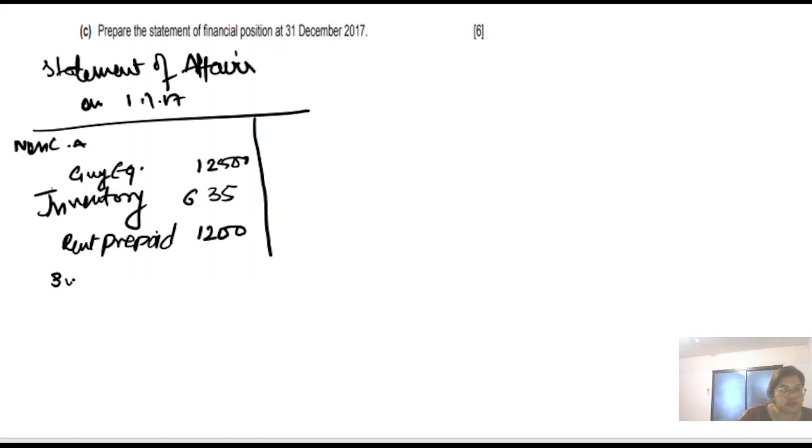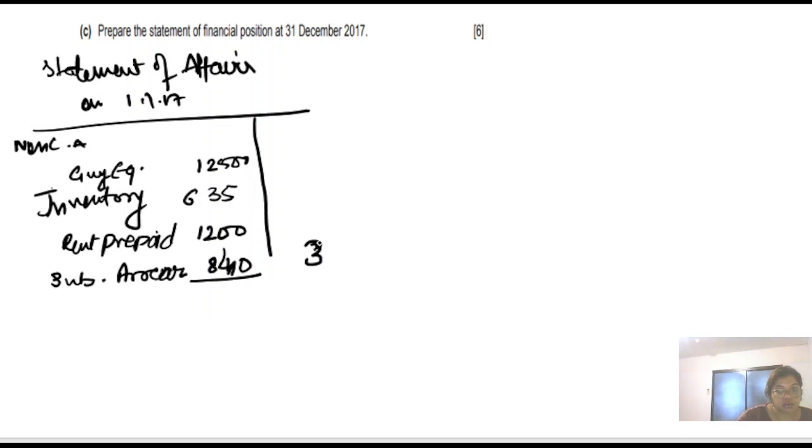And then subscription arrear, because subscription arrear is an asset and subscription advance is a liability, so 840. So your total assets